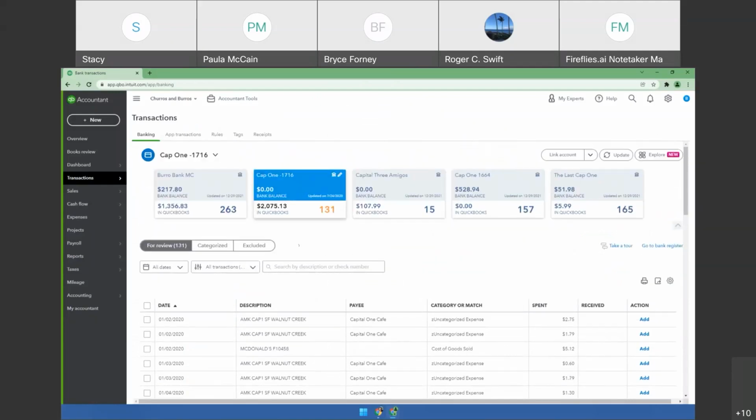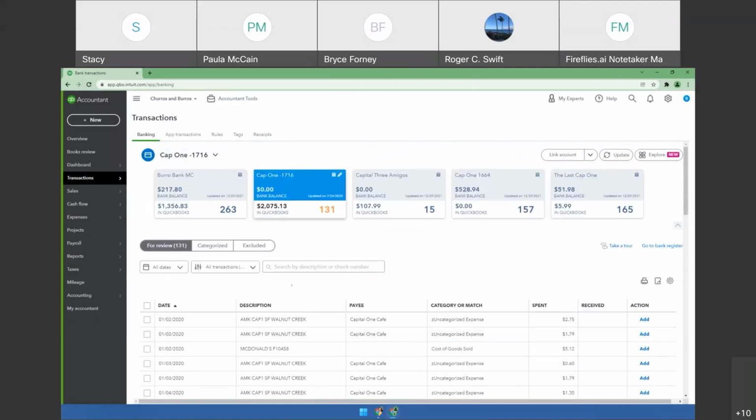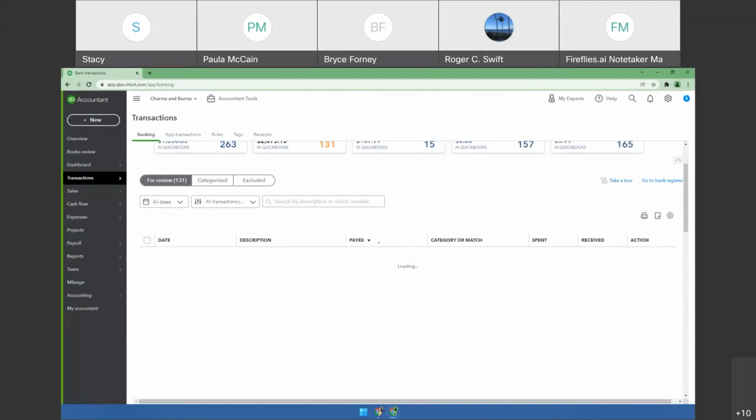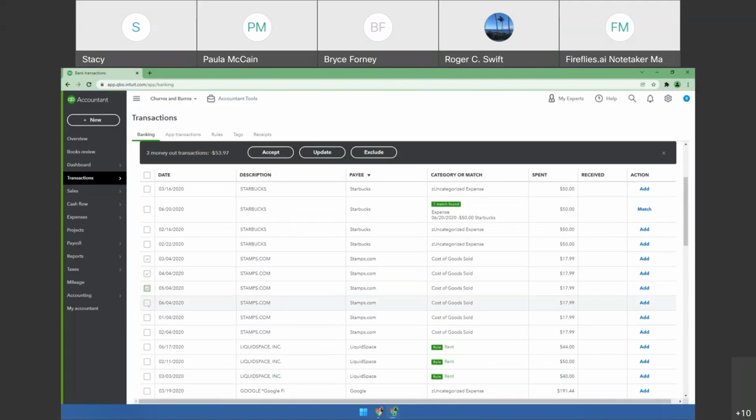We've got in this credit card account many transactions that are the Capital One Cafe. So here, first, we can sort by payee just by clicking on the payee column. And I'll sort in reverse so that, or Starbucks. Or stamps.com. We've got a lot of stamps.com. So what we can do is select all of the stamps.com transactions, and then we can record them all at